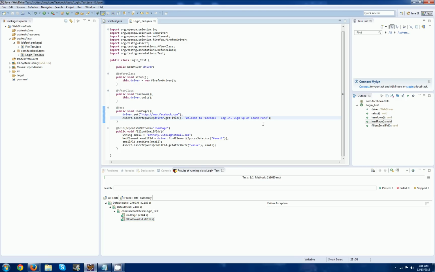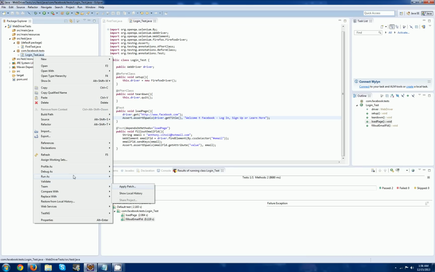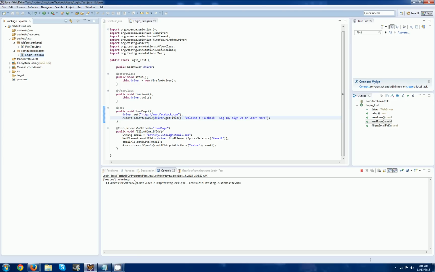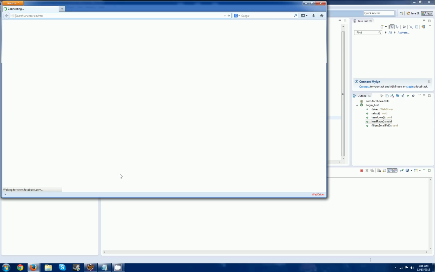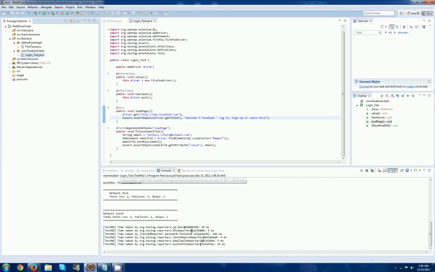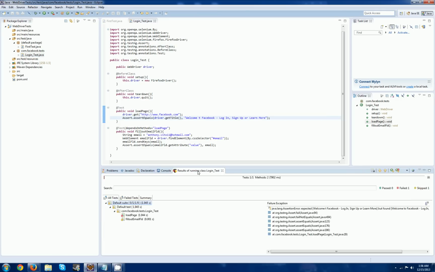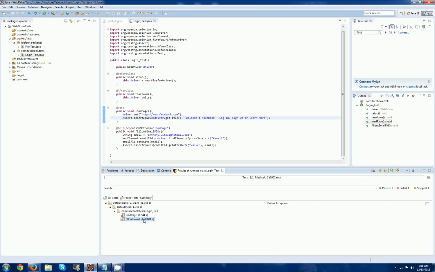However, let's take out that O. Try running this where we're forcing it to fail. We should load up and then assert fail on us. There we go. So we have one failure, one skip, 2 tests that ran. We can see right here, we expected it to say welcome to Facebook, but we found that it was welcome to Facebook. And then it skipped our fill out email. So